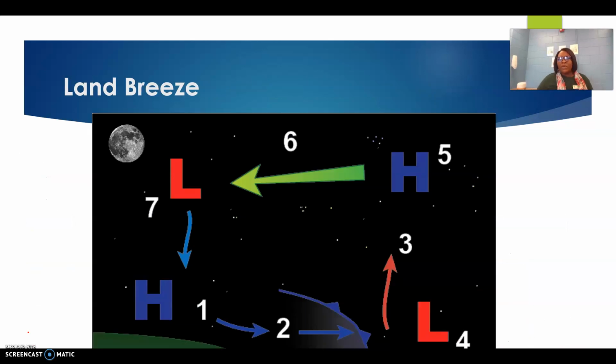So, land breeze. What do you notice when you see this first picture of land breeze? Well, do you notice that land breeze happens at night? It does. What we see is the exact opposite of what happened during the day, during sea breeze, happening at night during a process called land breeze. When you draw this picture, guys, you don't have to have these numbers here. They could confuse you. What I really want you to focus on here